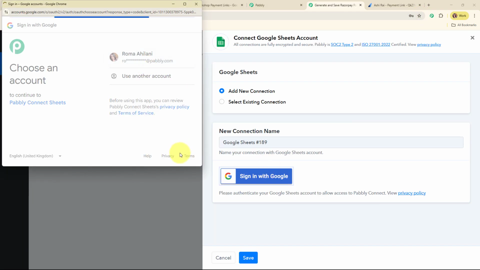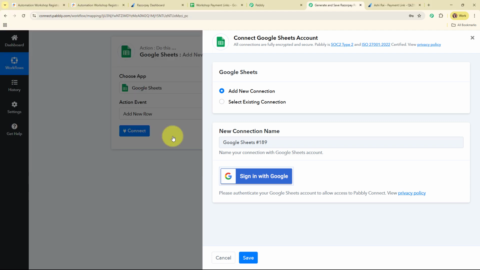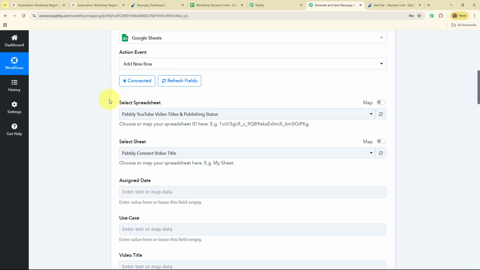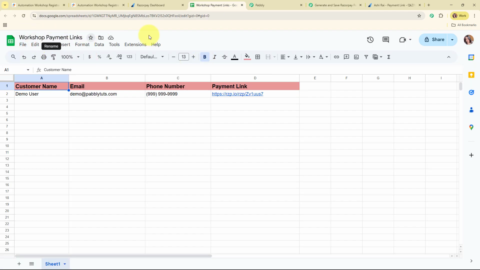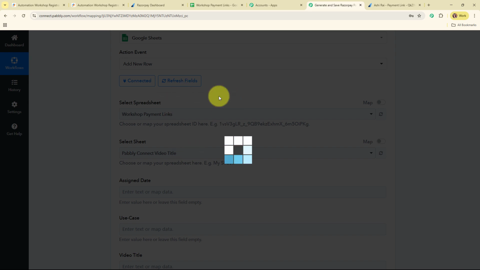Here I'm going to select my desired account, and then I'm going to click on allow and give access to Pabbly, as your data is secured with Pabbly. Authorization successful. So here you can see we are now successfully connected. So moving forward, it is asking me to select the spreadsheet. I've already shown you that I have my spreadsheet with the name workshop payment links. So I'm going to select that particular spreadsheet over here, and now after selecting the spreadsheet, I'm going to select